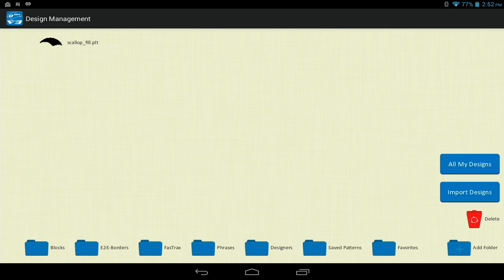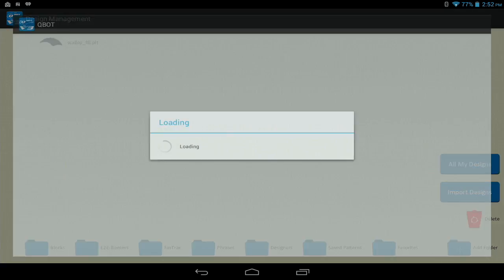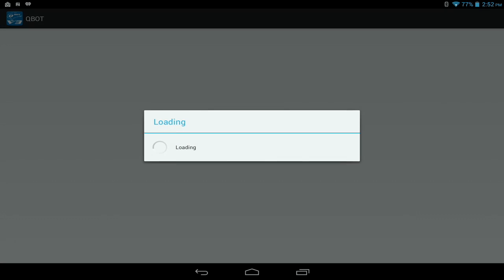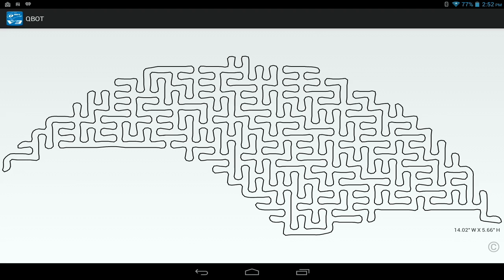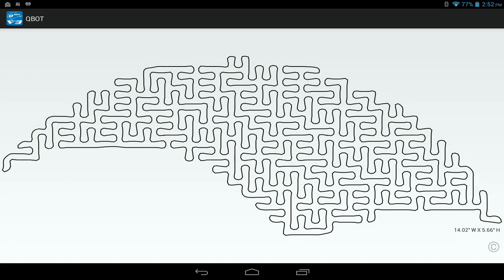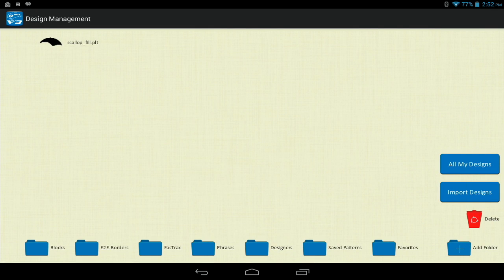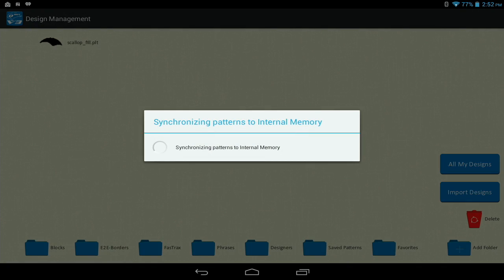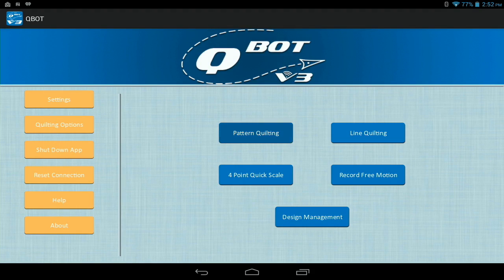And now I'm going to take a look at that file. I'm going to zoom in, see what it looks like. And it looks pretty good. And I can see that it's 14 inches wide by 5.66 inches high. You can see that in the lower right. And it looks all good to me. So I'm going to go back and then back again and go into pattern quilting, and we're going to quilt